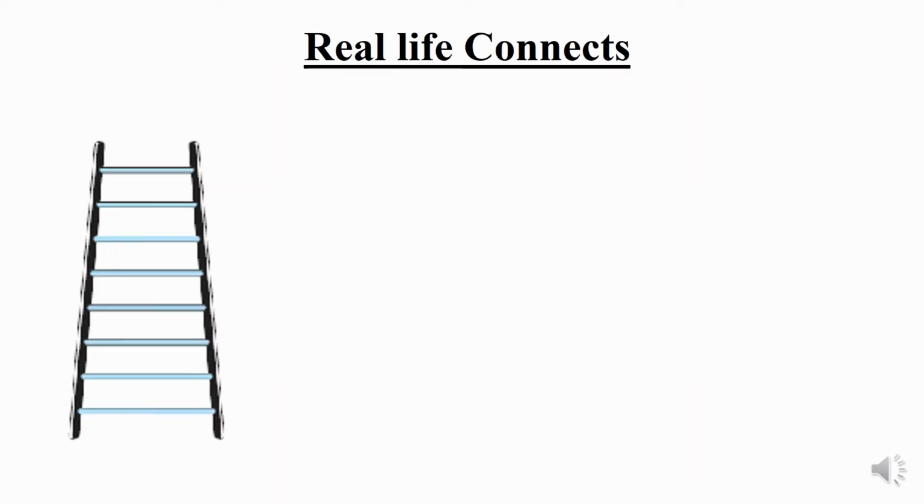All of you are seeing that a ladder is given. This ladder has rungs which are 25 centimeters apart. The rungs decrease uniformly in length from 45 centimeters at the bottom to 25 centimeters at the top. If the top and bottom rungs are 2.5 meters apart, what is the length of the wood required for the rungs? We can find this out using AP.